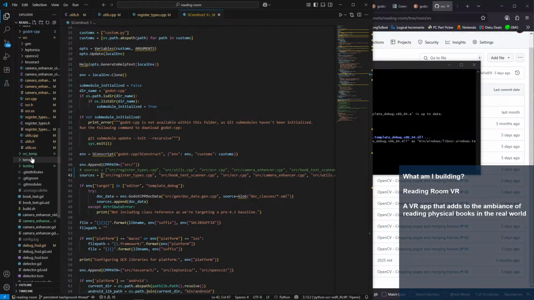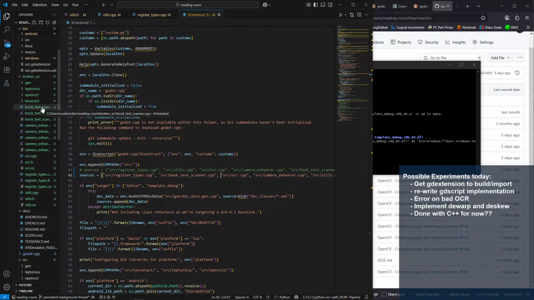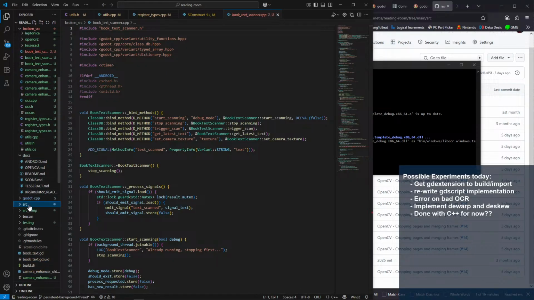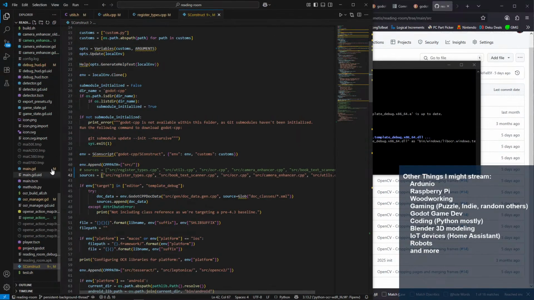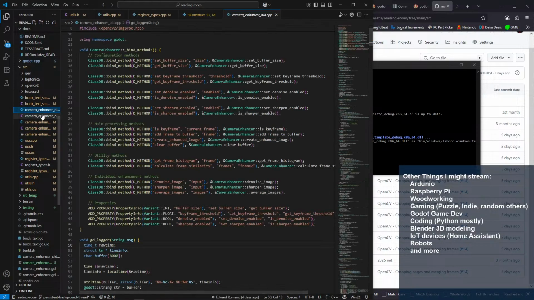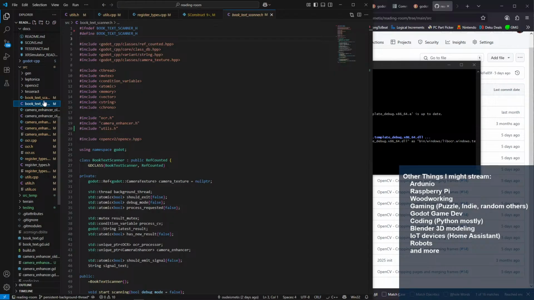And what I will do... Oh. Huh? What? No. Yeah, book scanner.